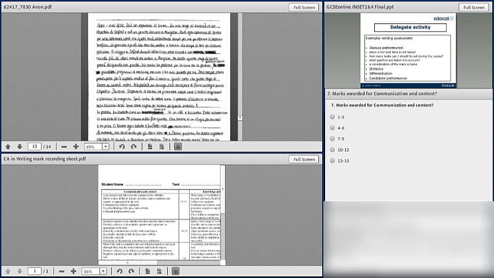Now we've got 9 votes here. I don't know whether we've lost someone on the way or they're falling asleep, but I will broadcast the results for this. The majority of you opted for the top box, with a few of you going for the second from the top. So obviously it's a very good piece, and the examiner gave it a 13, because if you look at the top box, there's clear ability to narrate, communicates with no ambiguity, coherent and pleasant to read overall.